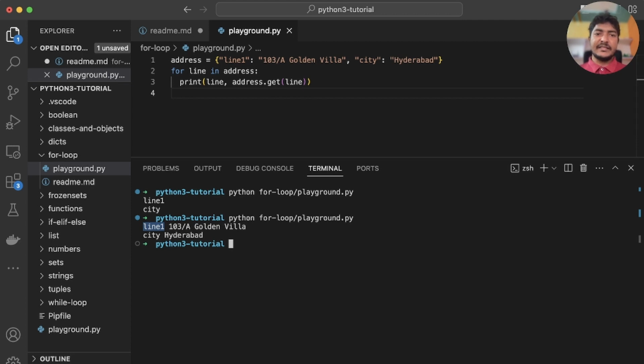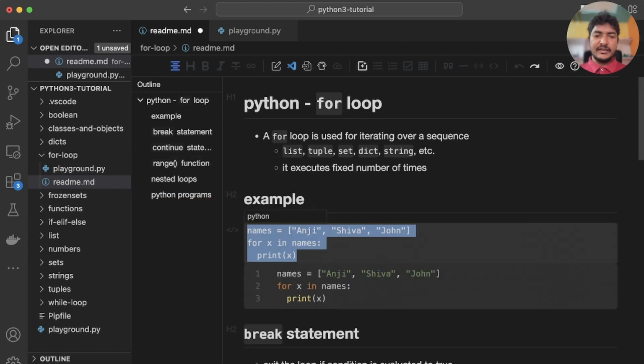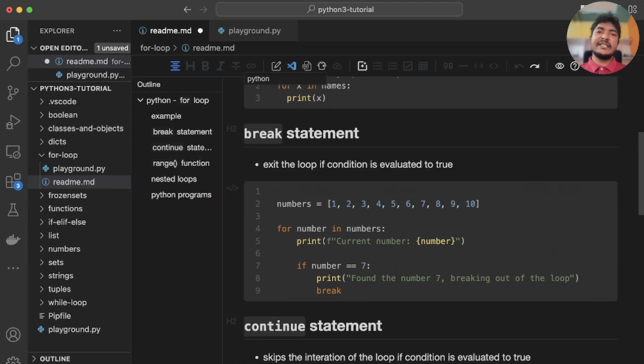Let's look at the next thing, that is the break statement. The break statement is generally used to stop the iteration of the for loop. Let's say we have 100 numbers, and at a certain point, say the number is 47, and we want to stop the loop. Then we can simply use the break statement based on a condition. So let me copy this code